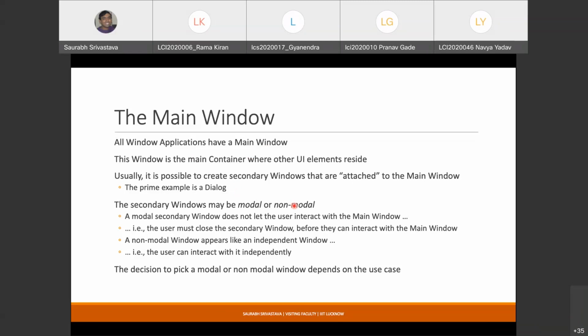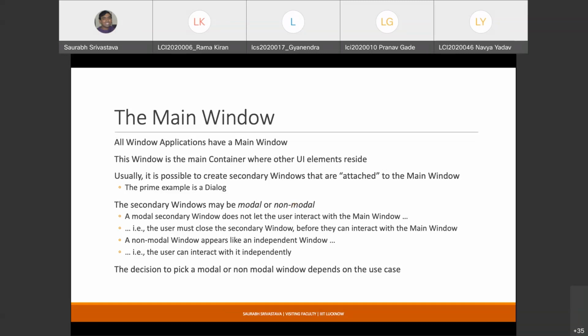A typical example of a secondary window is, let us say you are working on some web page, and you try to submit a form, but an alert comes up which says that you have not filled up these fields. So this alert is an example of a secondary window that appears over your primary window. The reason for creating these secondary windows could be different.